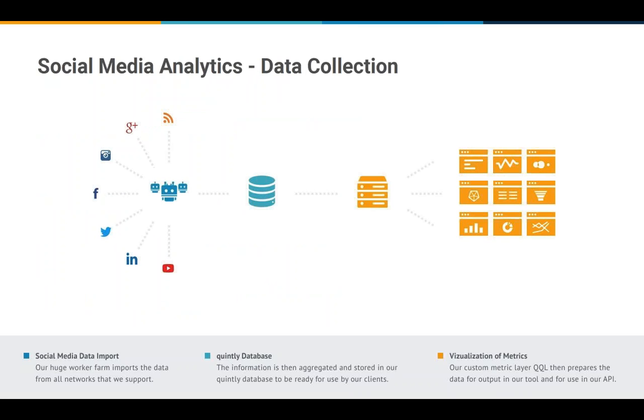So this is the slide which helps you, or tries to help you, to understand the data collection, how Quintly actually works. On the left side, you see the little robots. They are nicely animated little sweet robots, but they're actually just worker farms. These worker farms plug into the network's API and then get the data out of it. So for example, I just mentioned Mercedes-Benz earlier, or New York Times, and these little workers go into these profiles